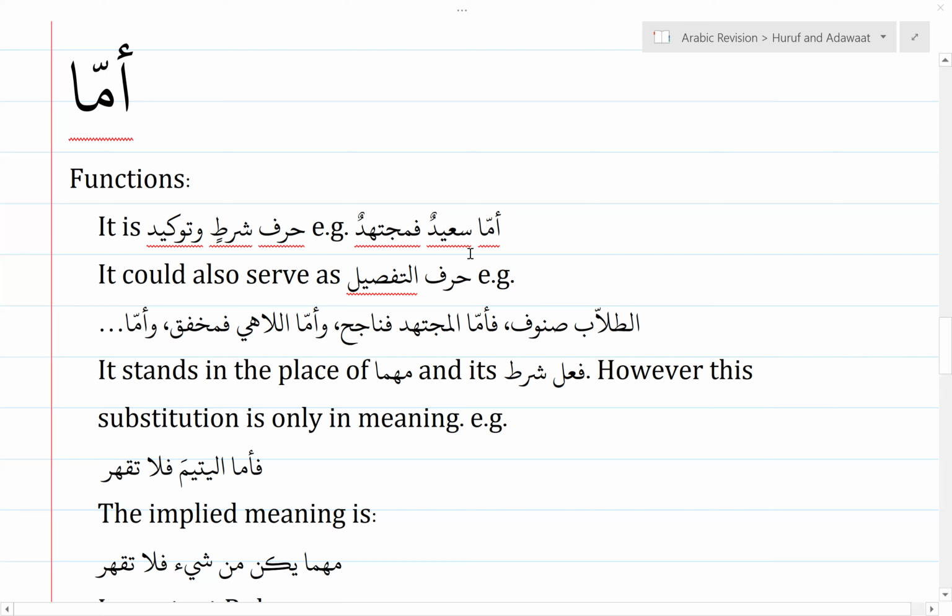First of all, let's begin with understanding what a shart is. A shart in Arabic is something that connects one matter to another. So it connects or joins one matter to another. You have two phrases or two situations or two statements, and they're being joined together. And the condition being that the second thing cannot happen unless the first thing happens. That is the whole idea of what a shart is.